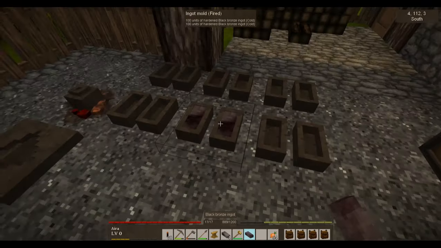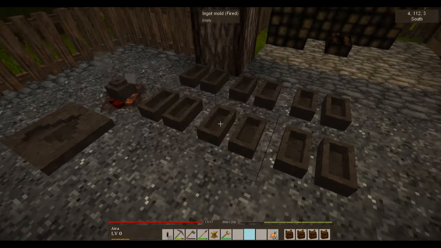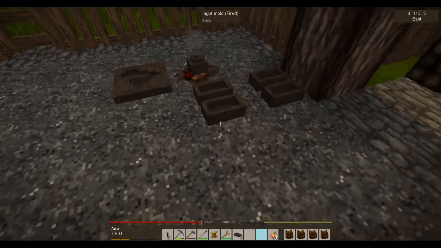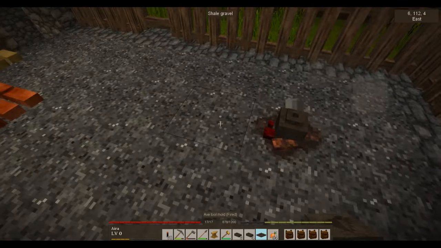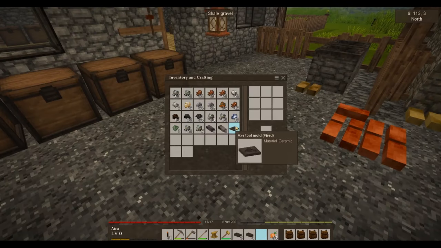Oh, we got more black bronze here. Take those. Sure, I'll take those. Why not? How many of these stack? 8. Okay. I definitely want the ingot molds. I definitely want the axe mold, because I can make cheap axes from copper for splitting firewood. Because I am still going to make...